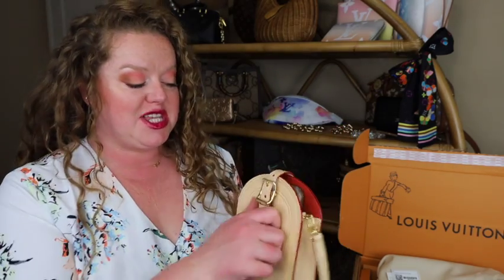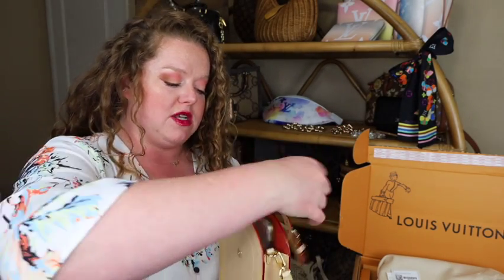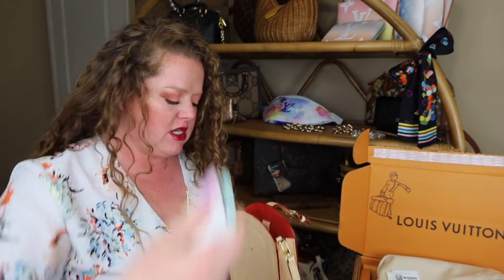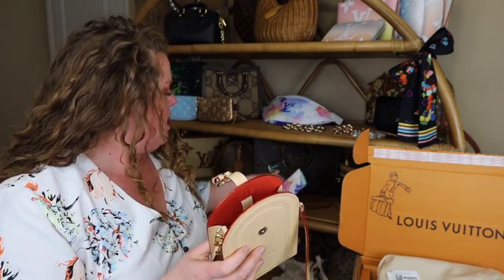So, this is the bag. This is the new one. I am still contemplating whether or not I'm keeping it. I've never returned anything because I've always kind of known, like, this is what I want. And,